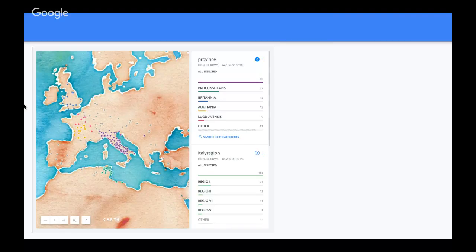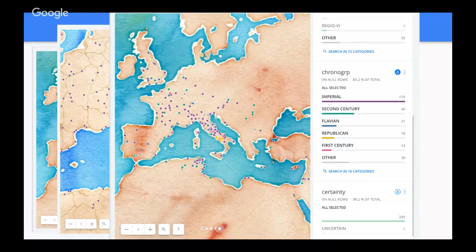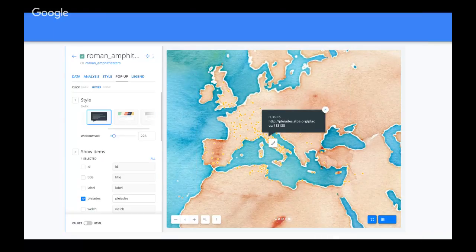So you can do that with the province. You can do that with the regions in Italy. That's, again, a different idea. You will be able to do that for the periods, as I did for QGIS. And again, you will be able to isolate specific categories of space or chronology and so on. Another nice thing is that you will be able to add some pop-ups there, for which you can choose what you want to see again. If you're interested in seeing, I don't know, the labels, you can have a pop-up with the labels.